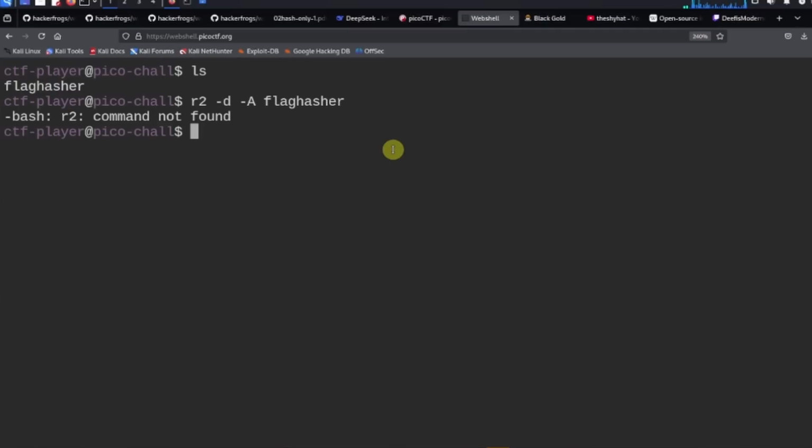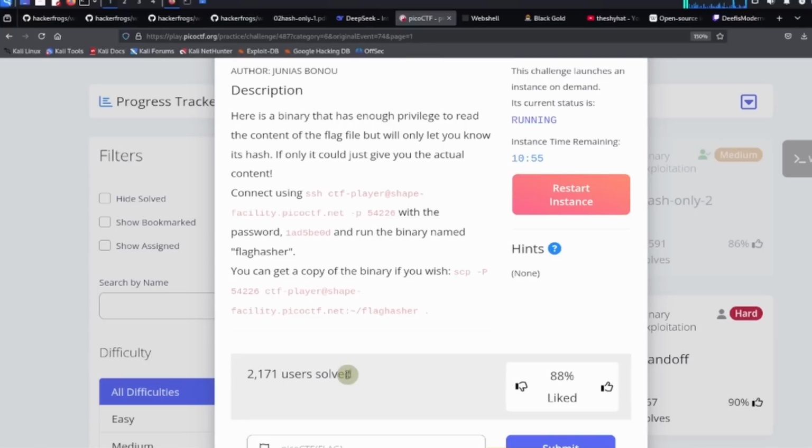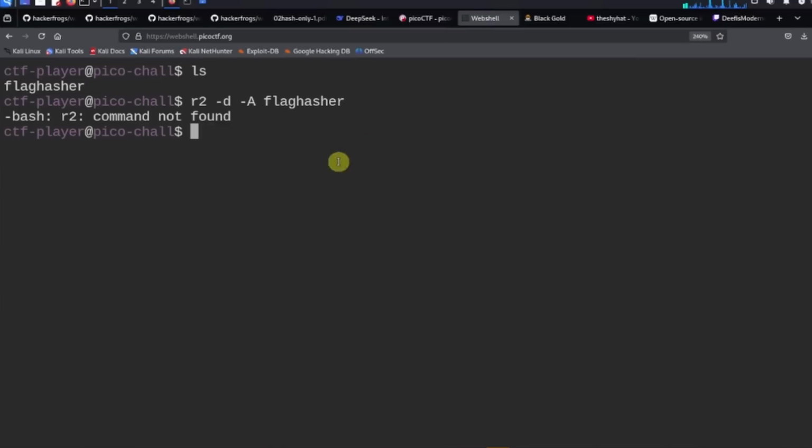Okay, all right, let's go ahead and download the file then, because it gives us this option as well. On the challenge page it says you can get a copy of the binary if you wish using secure copy. So we can just copy this command here, and we'll log out of the server for right now. So we're just going to exit,